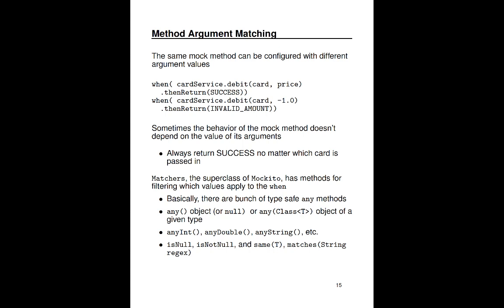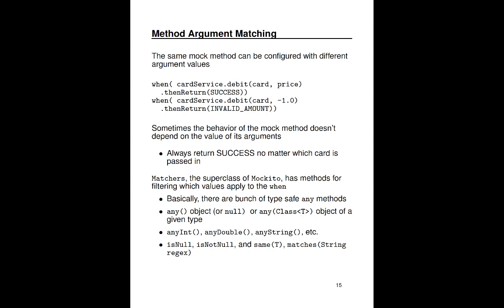Something we saw in the code example is that sometimes we want the behavior of the mock method to do the same thing regardless of what value is passed in its arguments. So for instance, always return success no matter which credit card is passed in. As you may recall, we did that by using a method called any from the Mockito API. We basically said that when the debit method is invoked with any instance of credit card and any price, then